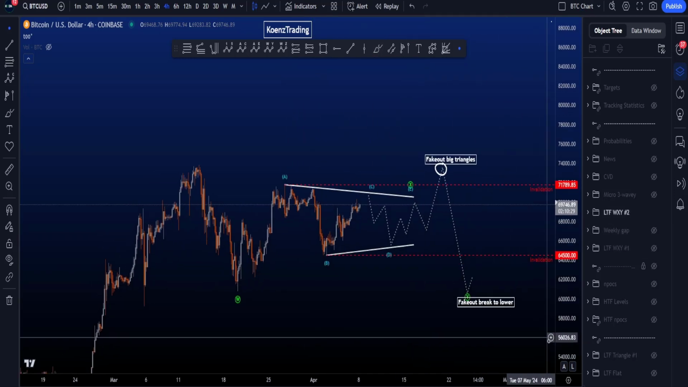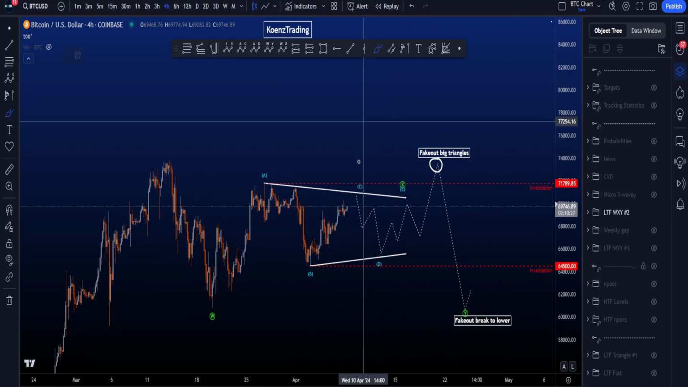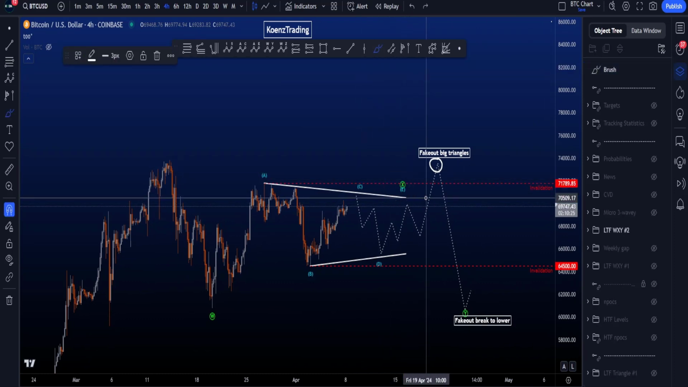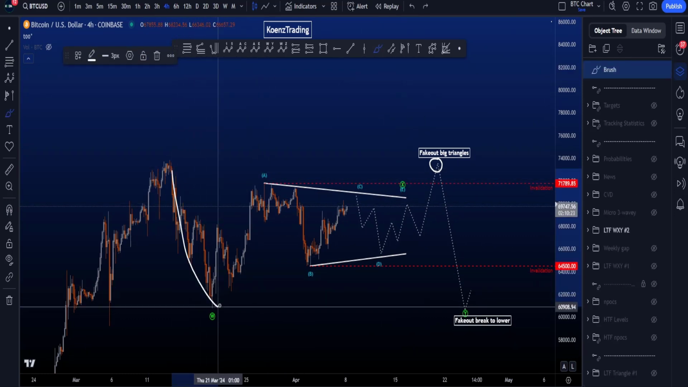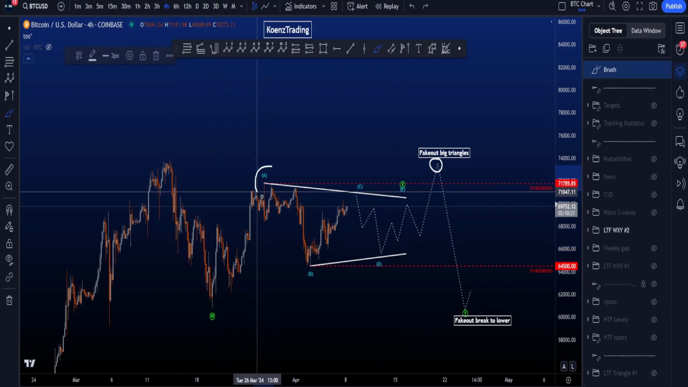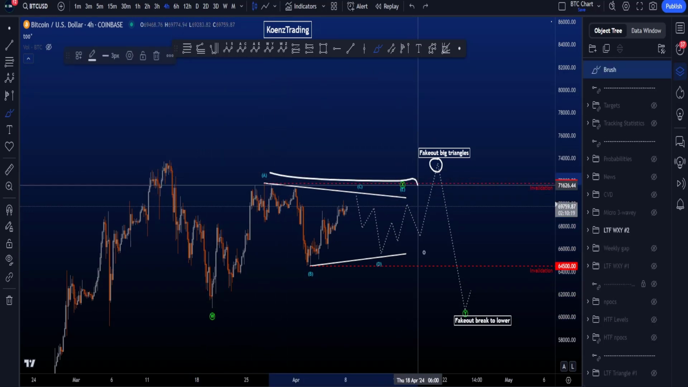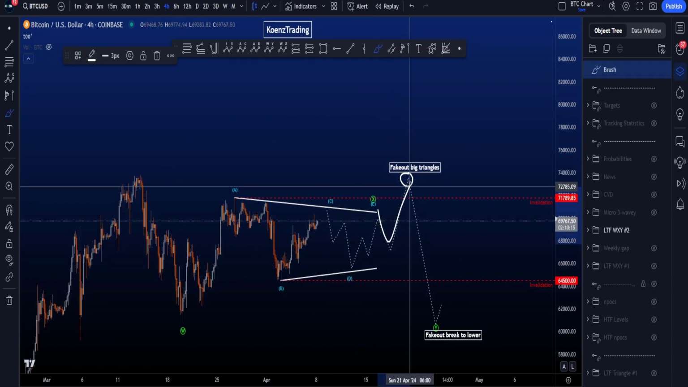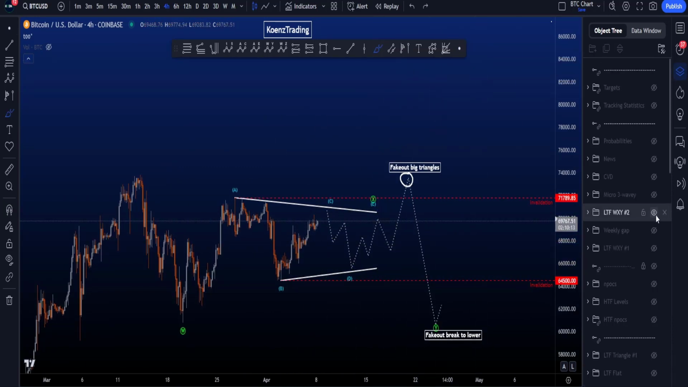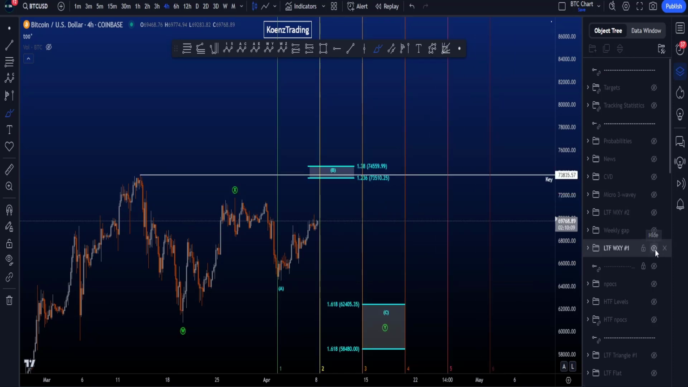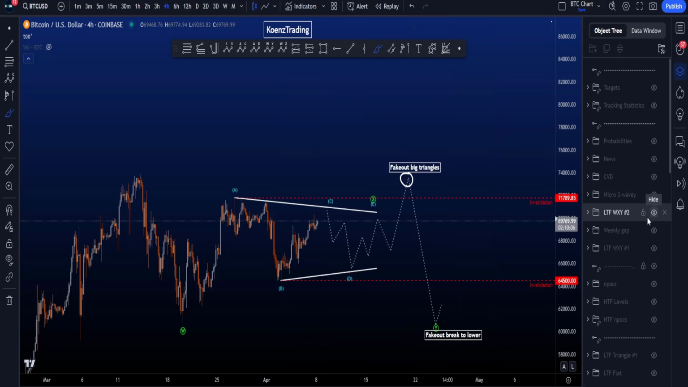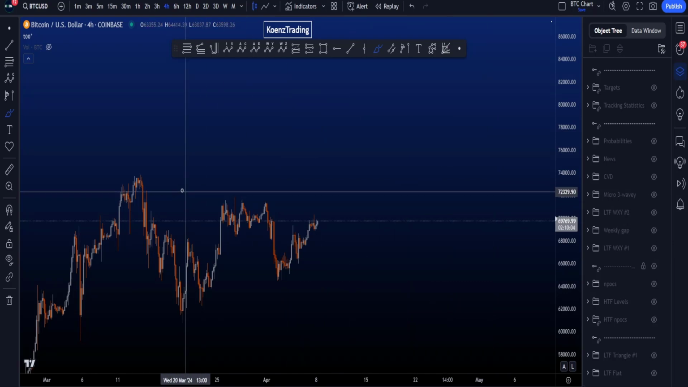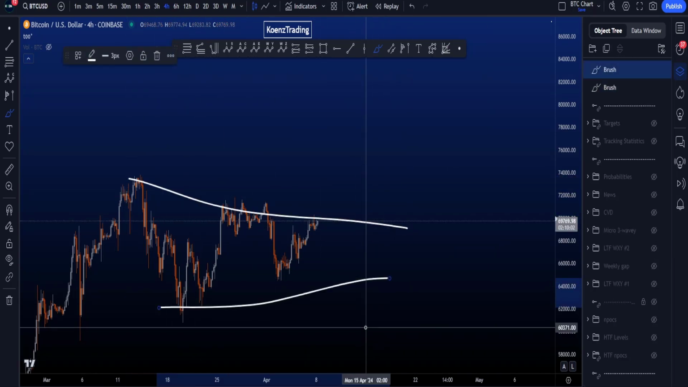If we look at the second scenario, then we have a triangle inside wave X. Here we have again a zigzag in W, but instead of X being finished here, we are looking for a triangle structure in wave X, followed by a flat in wave Y. Now what I like about these two scenarios, this one over here as well as this one here, is that it either invalidates the big triangle that many people are looking at, which is this one over here, or it